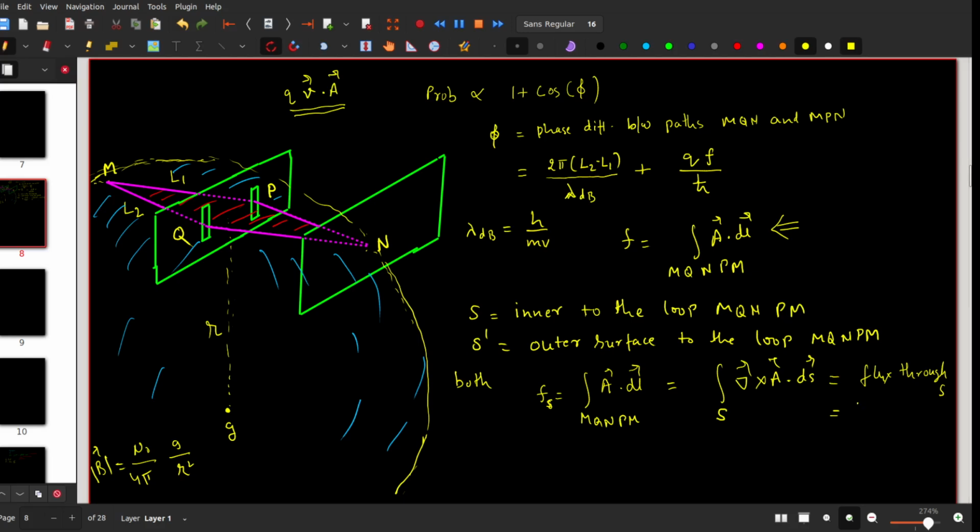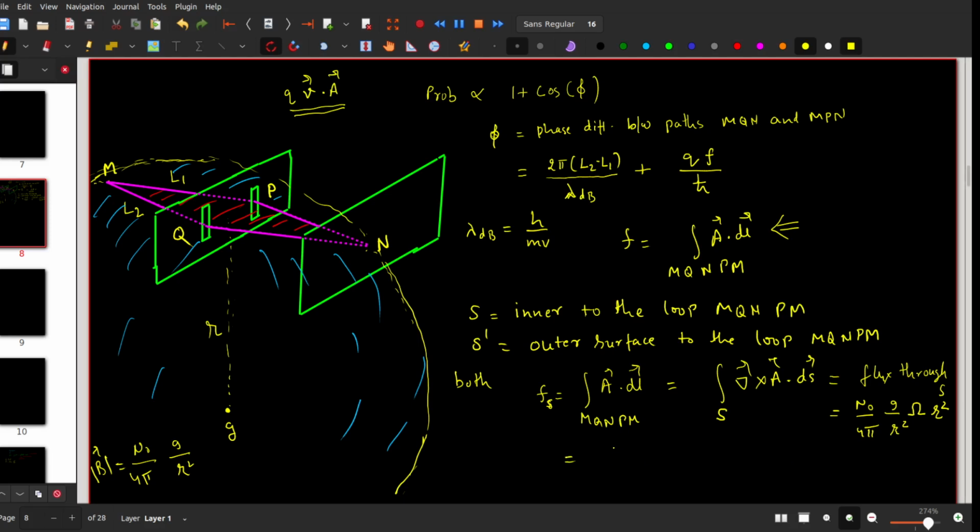The magnetic field is constant at S, mu naught g upon 4 pi R square, and if omega is the angle subtended on this surface S, and R is the distance, then the area of this surface S is omega times R square. So area multiplied by the magnitude of the magnetic field will be the flux through S, and this will be